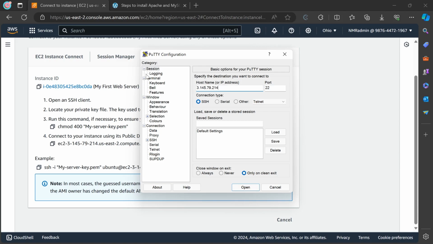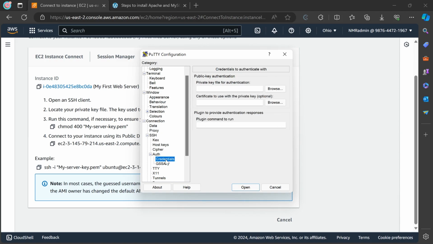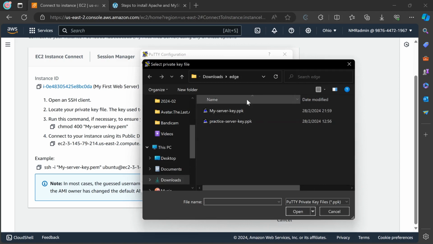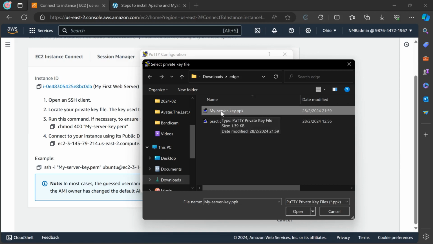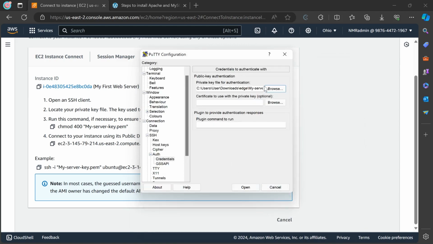Then I'll come down to connection, click the plus next to SSH, then click the plus next to auth, and click on credentials. And then click browse under private key file for authentication. And the private key we're using is this one, my server key. So click open,